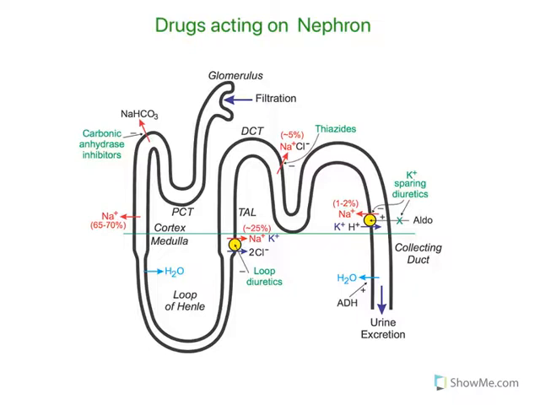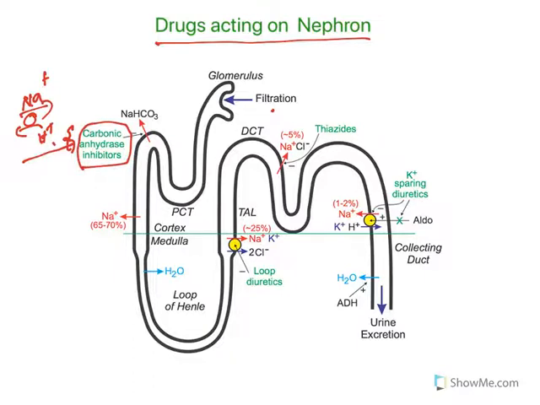Moving further, see again with everything, this diagram explains all the drugs and the regions. Now it starts with the glomerulus, filtration starts here. Now at this zone, carbonic anhydrase and sodium-proton antiport is there. As I told you, this one works with the help of carbonic anhydrase enzyme. If you inhibit this enzyme, proton will not be formed. Now with the help of this proton, sodium and bicarbonate will be reabsorbed into the body.